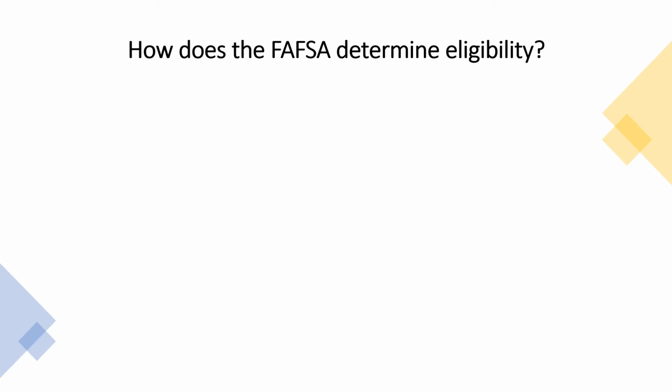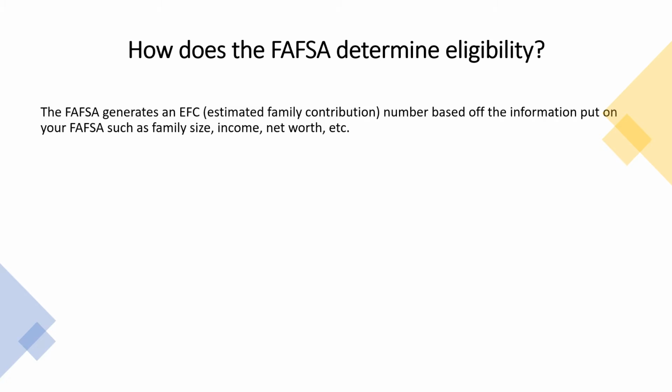So how does the FAFSA determine eligibility? Well, a student's eligibility is dependent on their EFC, or Estimated Family Contribution. The EFC is calculated according to a formula which includes income, family size, assets, and benefits received, such as unemployment, etc. And you report that on the FAFSA. Now, after that is determined,